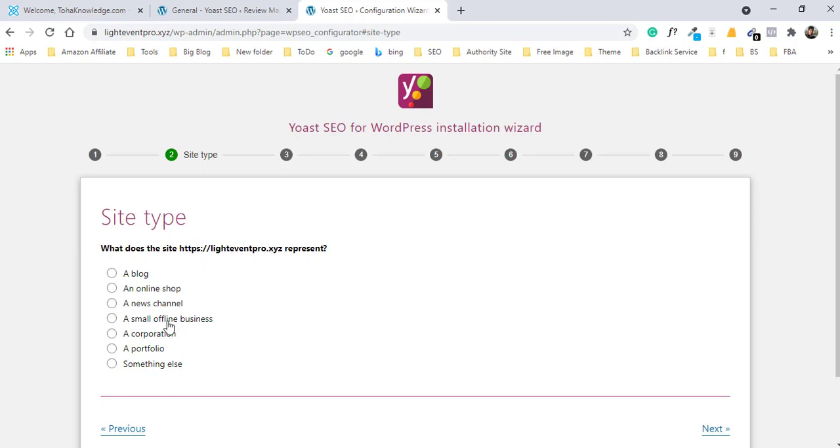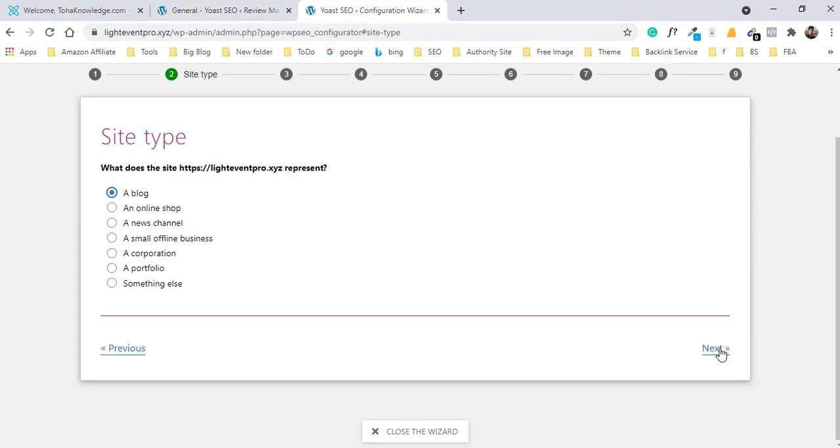If your website is an offline business but you have a website, then you select this. If you are a corporation, or if this website is a portfolio, just select what type of website yours is. So this website is a blog website, so I select blog. Now click on next.